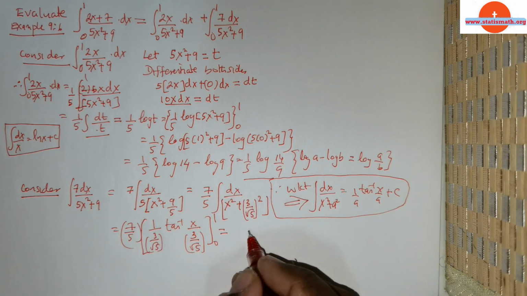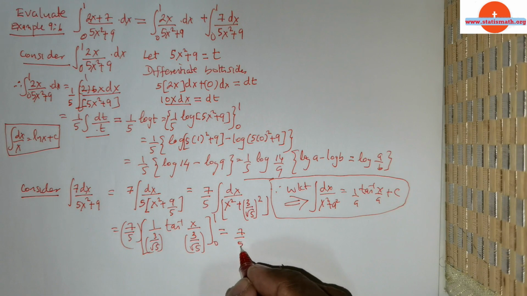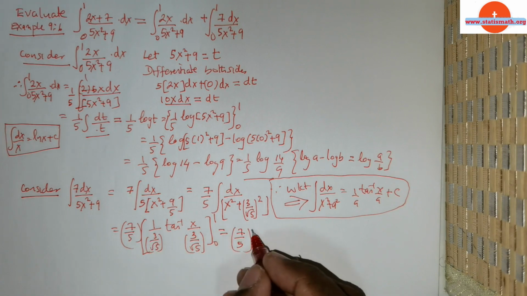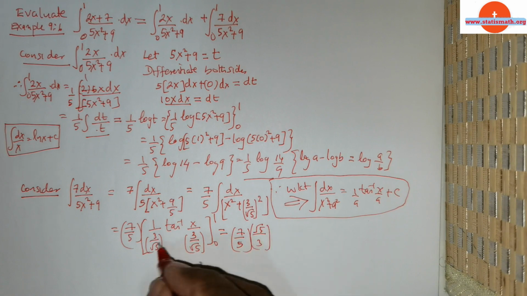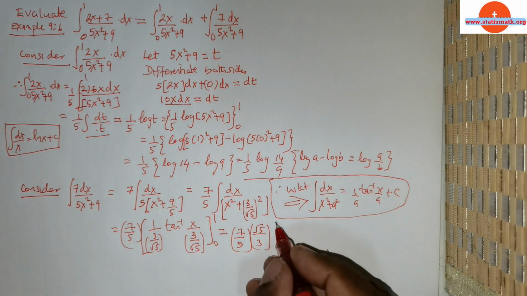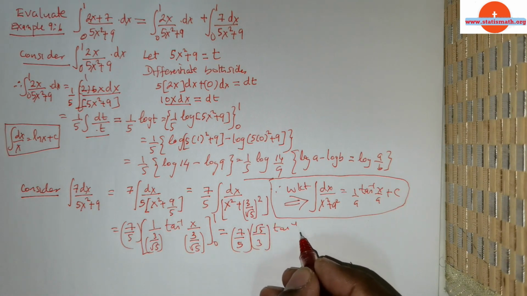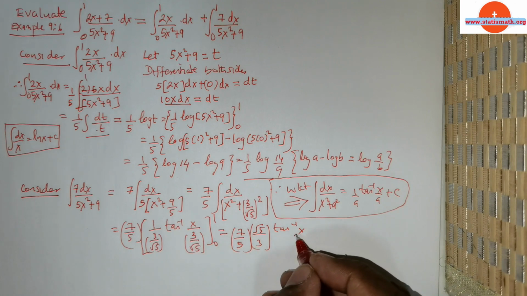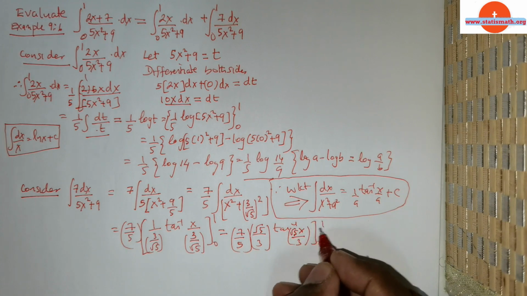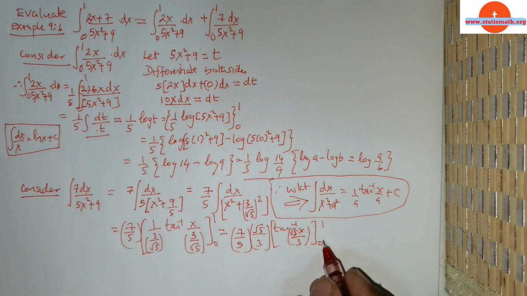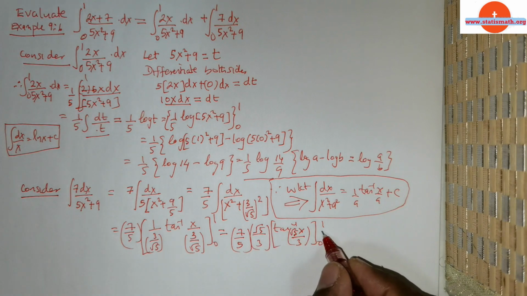Now I rewrite this as 7 divided by 5. I flip 3 over root 5, so it's going to be root 5 divided by 3, times tan inverse of x divided by 3 over root 5. Now, when I flip it, it's going to be x times root 5 divided by 3. Okay, the limits are 0 to 1. Now, if you substitute the upper limit, you would get,